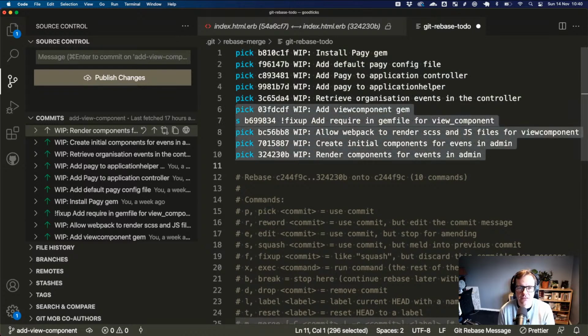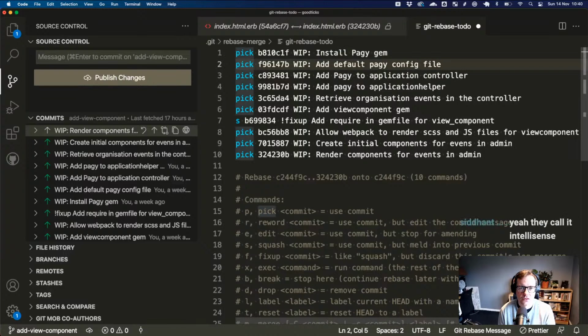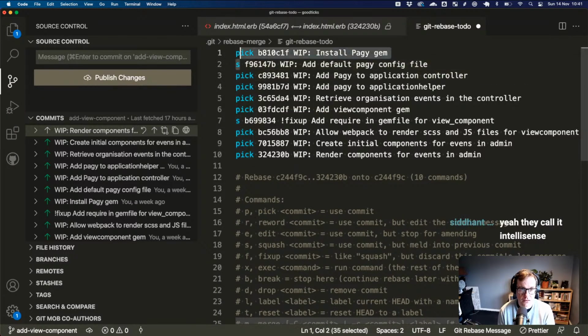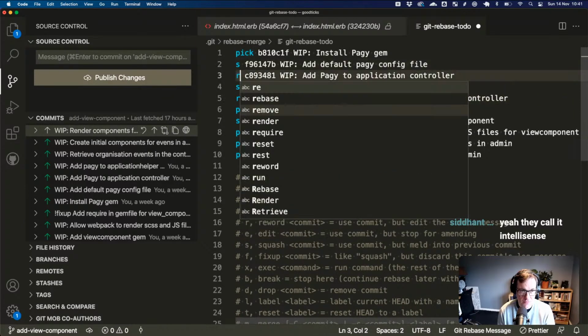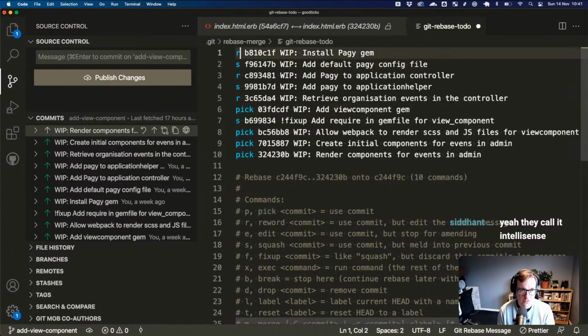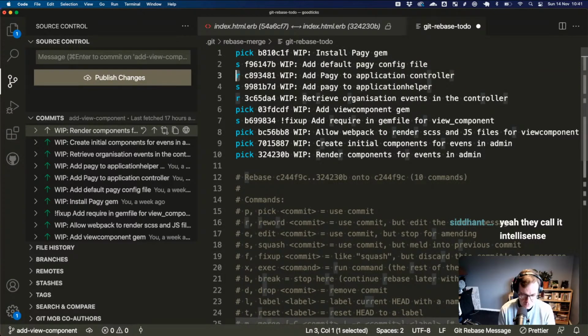And then we start adding the Vue component stuff in. So the default config file can probably go in the commit above. Don't need 2 commits for that. They can probably go together. We're just adding in config there. There's only 2 separate commits for that. And that one we can reword. Well, actually, all of these we can reword because they're work in progress. That one will happen because I'll have a squash actually. So all that one.